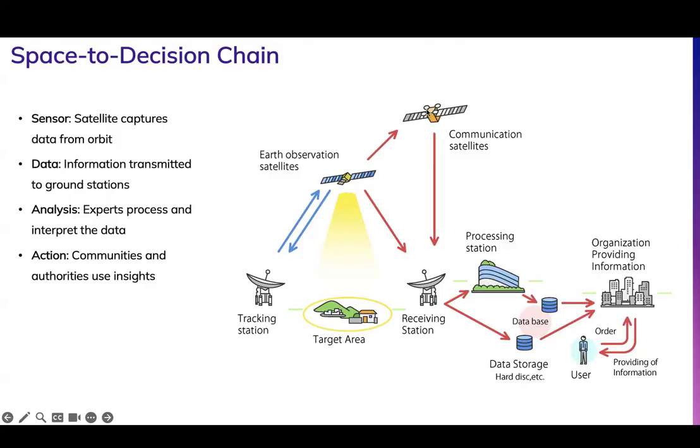And then that satellite relays the data to a receiving station. Also, that receiving station can get that data directly from that Earth observation satellite. So as you can see here, there are multiple options to recover the data that's being collected of that target area. And then, through a connection to the internet, and probably a number of